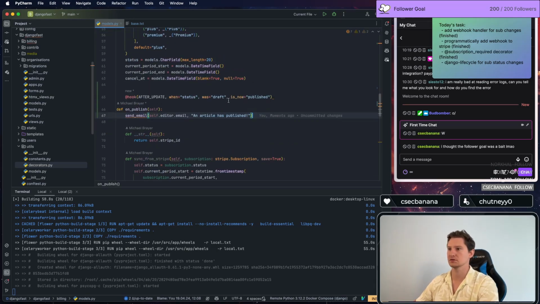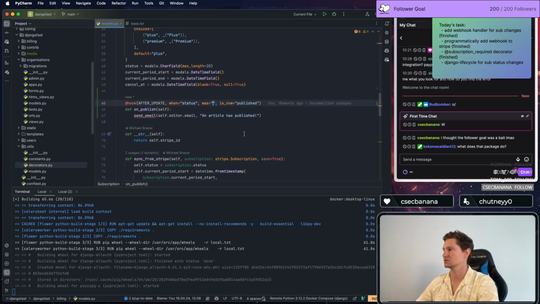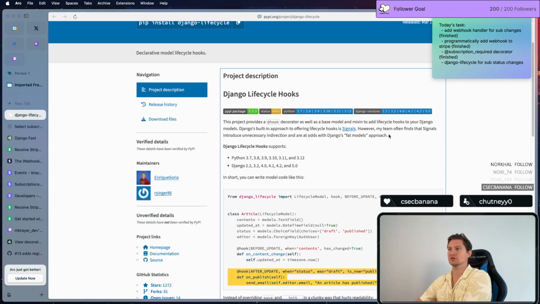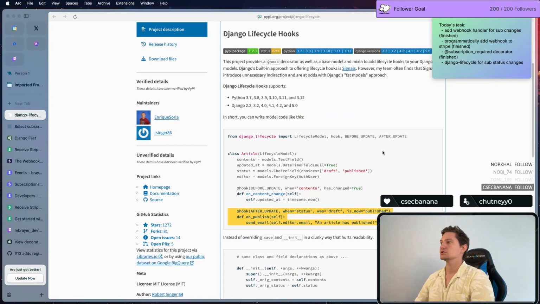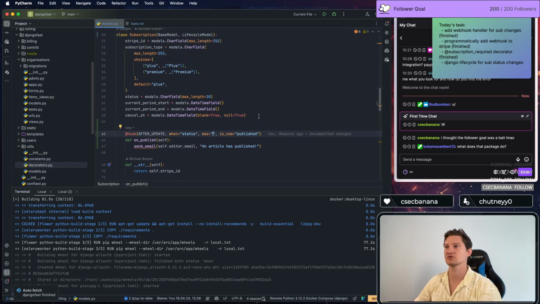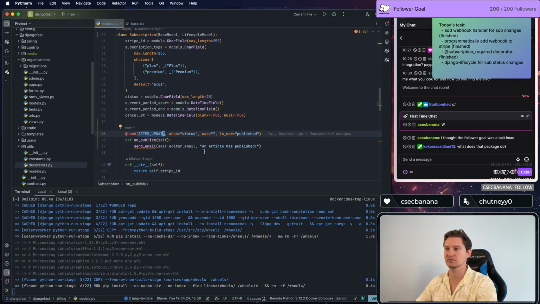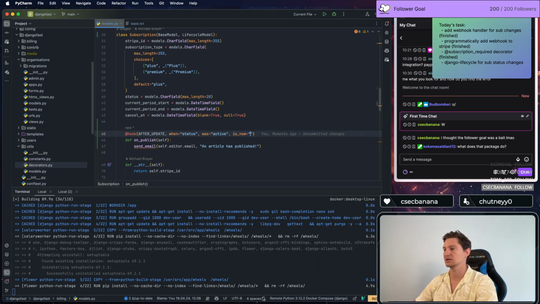So we call this hook after update when status was. What does the package do? Yes. So it helps you support the lifecycle of a model, right? So this means that when something happens inside a model, it will automatically do an action, right? So for here, when subscription, which is the code that I'm currently writing, after an update, so after something has been completed, when the status was active and is now cancelled,